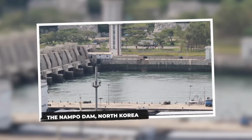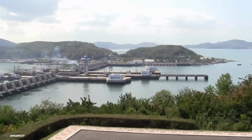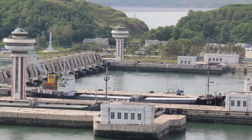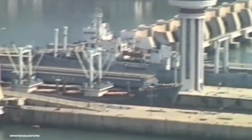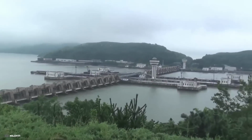The Nampo Dam, North Korea. The Nampo Dam, also known as the West Sea Barrage, is a major engineering project located at the mouth of the Taedong River, near the port city of Nampo in North Korea. Built to prevent seawater intrusion and provide fresh water for agriculture and industry, the dam is one of the country's